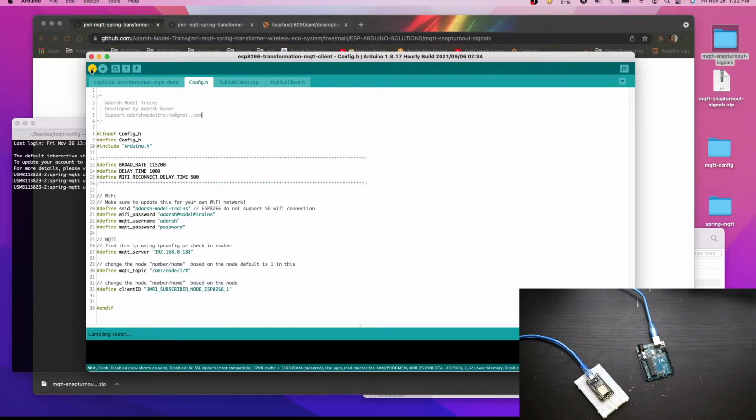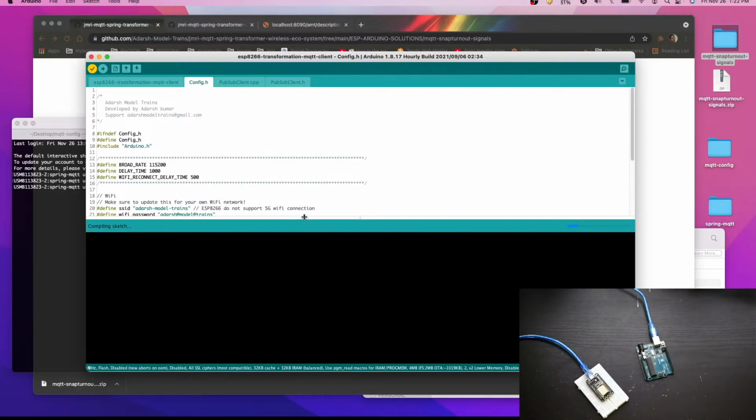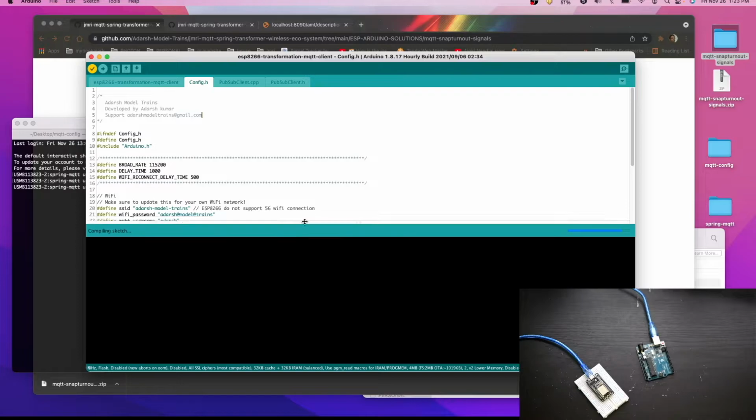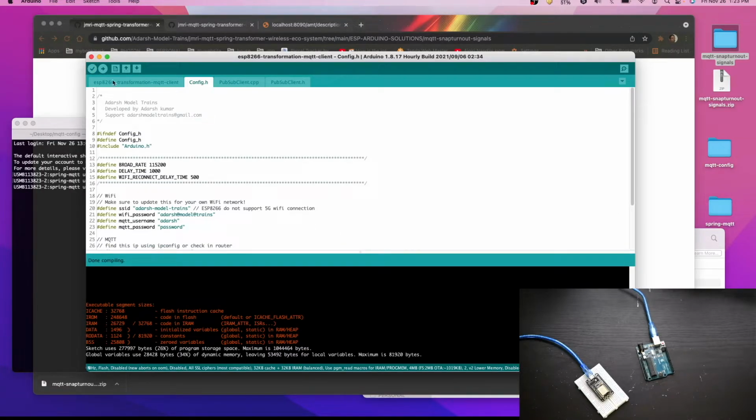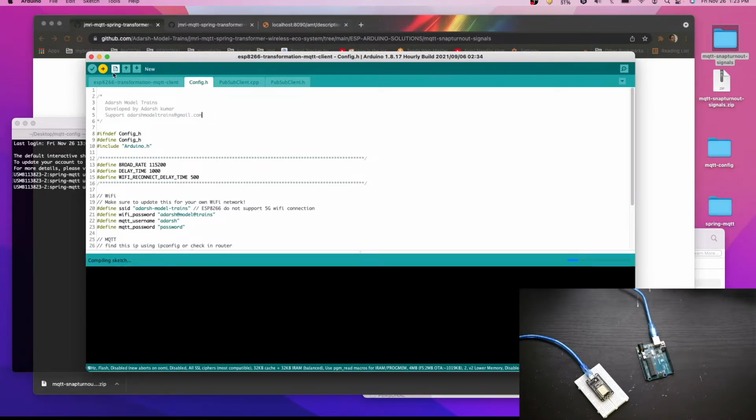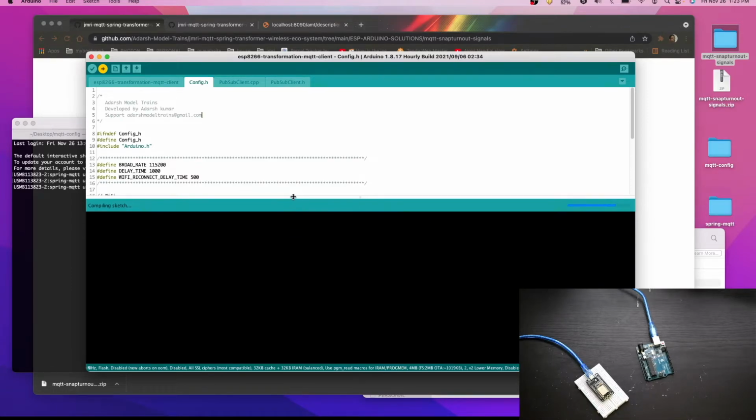I'm compiling the code. It takes a bit of time to compile the code, and once the code is compiled we can upload it directly to the ESP8266.